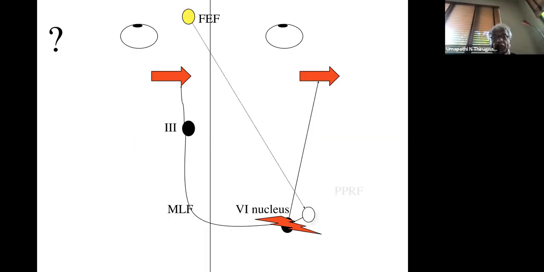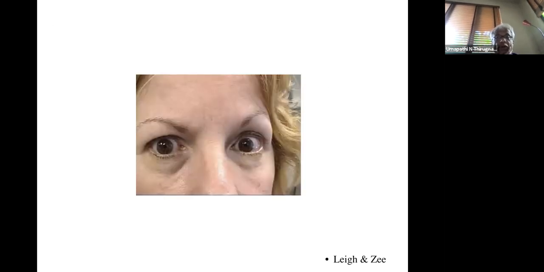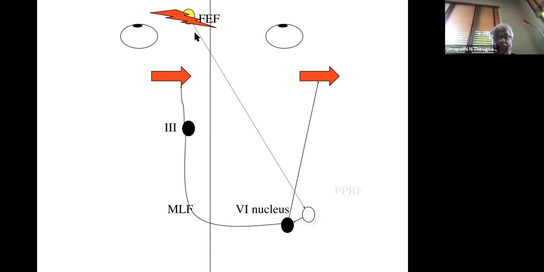Good point. So all this we are talking about is the yin part of the yin and yang phenomenon, right? So in this case, these are all lesions that are paralytic. So there is absence of stimulus. So therefore cannot look to the right. But if this is not a thunderbolt, but an electrical discharge here, then this frontal eye field is going to send barrages and barrages of signal to the 6th nucleus and going to push this eye continuously to the opposite direction. So that's why in your textbooks, you often talk about an excitatory lesion pushing the eyes to the opposite